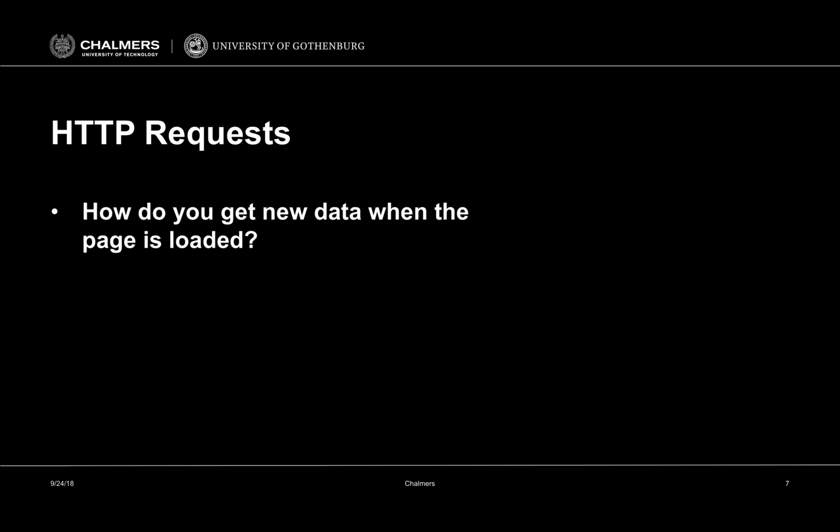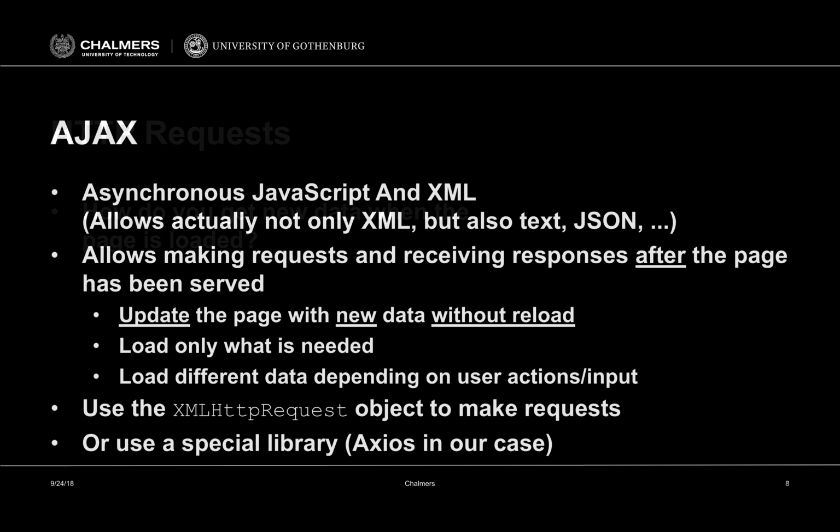So traditionally, when you do an HTTP request, you get back the resource that you required, for example, an HTML document, but then this is what you have. And you have some options with JavaScript, for example, to make this dynamic. For example, if you click a button, you can change your DOM tree, you can display an alert message or so on, but the tricky part is what to do when you actually need to get new data. So for example, when you click a button to load certain things that you get from your endpoint, then how do you do this? And the way to solve this problem is called AJAX, which stands for Asynchronous JavaScript and